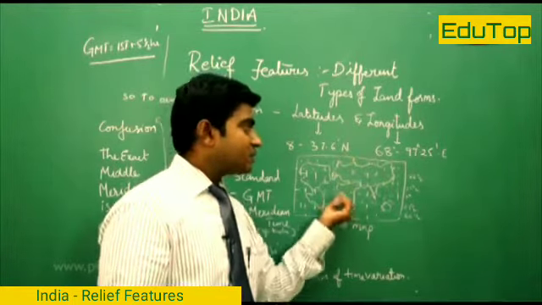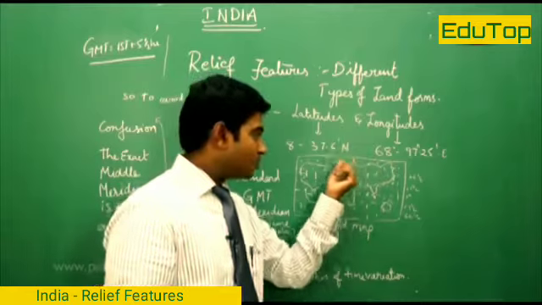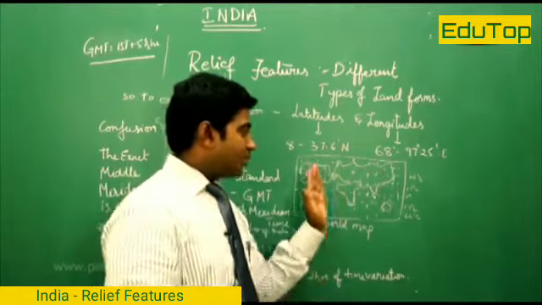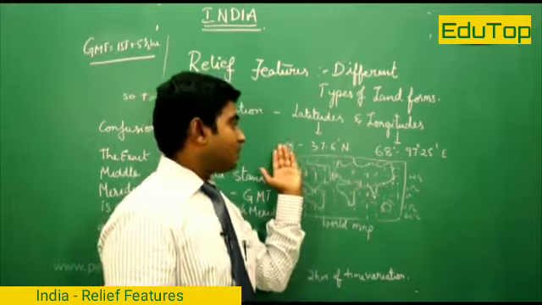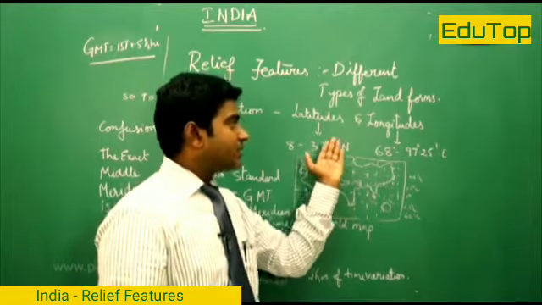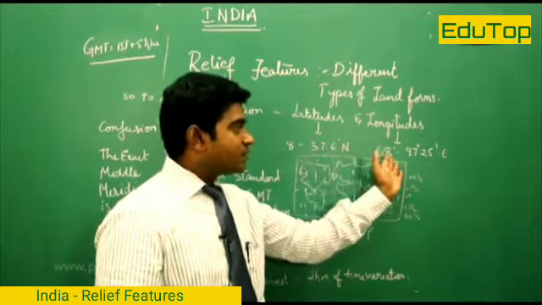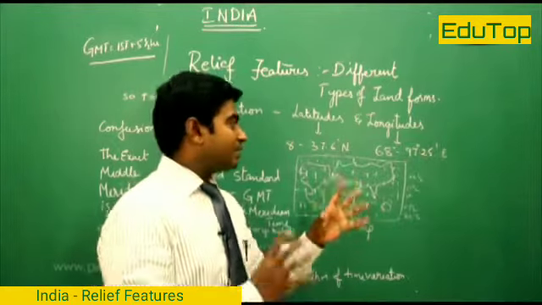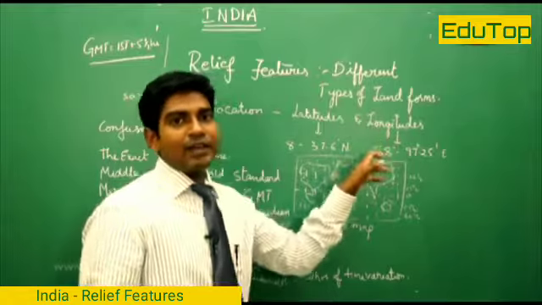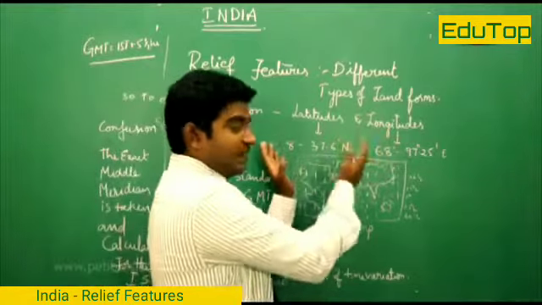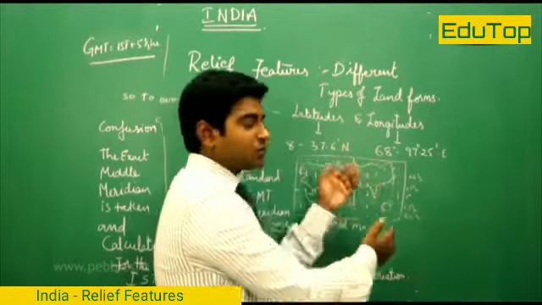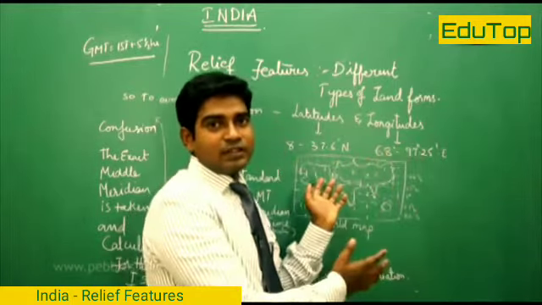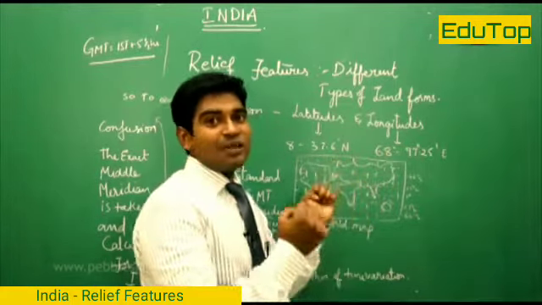So it is also known as the Greenwich meridian or Greenwich longitude. That is considered as 0 degree longitude, and its time zone is considered as the standard time for the world. And coming to India, we have seen the location from 8 degrees to 37 degrees of latitudes and 68 degrees to 97 degrees of longitudes. So how can we determine the time zone of our country India? If you see any latitudes or longitudes, we have 30 degrees here and 30 degrees here crisscrossing each other. So how can we determine the exact time of our country?